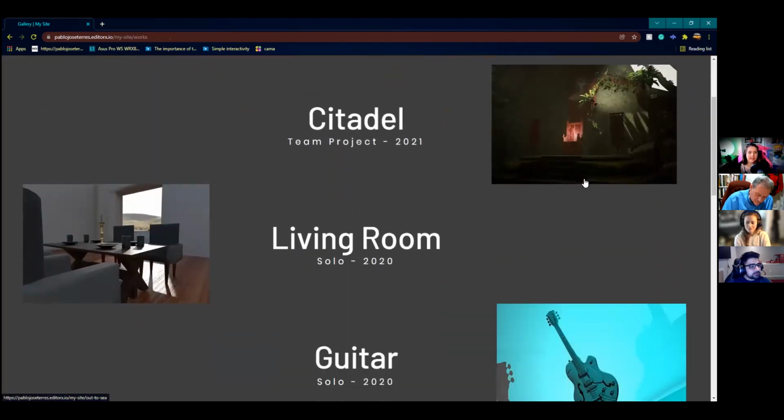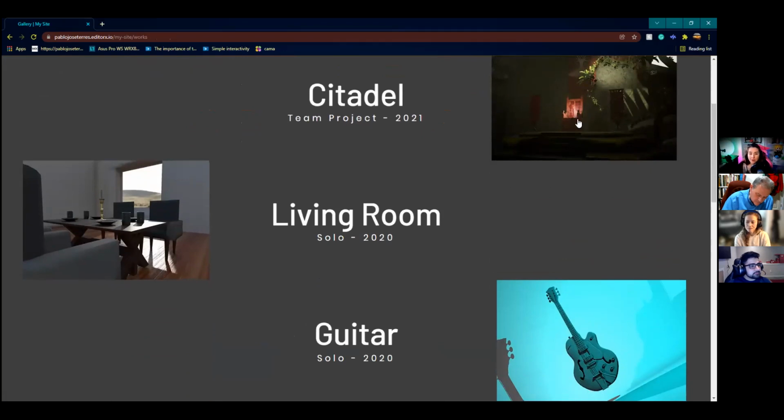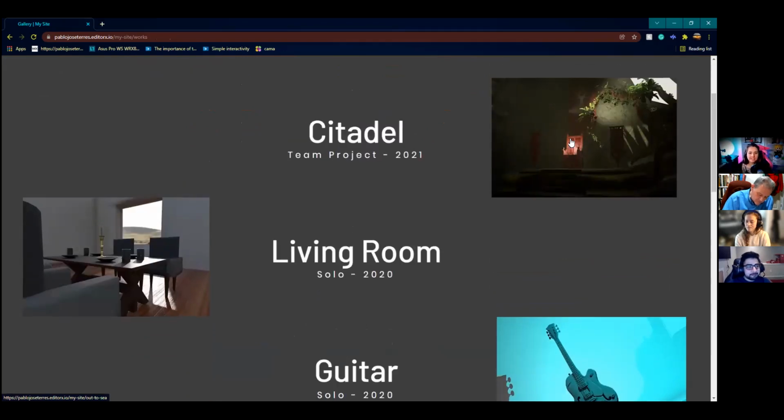The Citadel was such a fun project for y'all. It's so dark. It was. It's losing some detail there, and there's some lighting issues, which I remember you guys were struggling with. And if you have access to that project, you could still go back and keep working on that lighting if you want to. Yeah. So what happened is I got a whole new computer